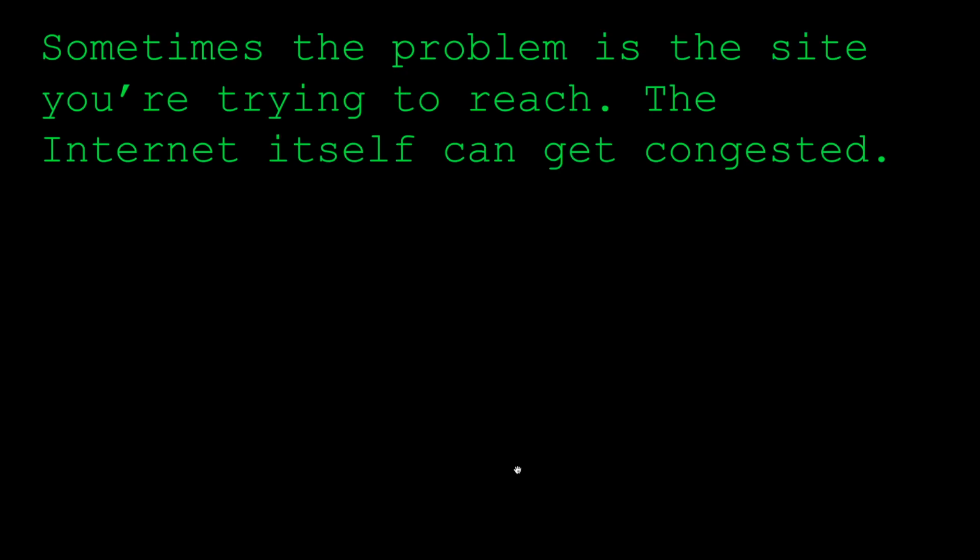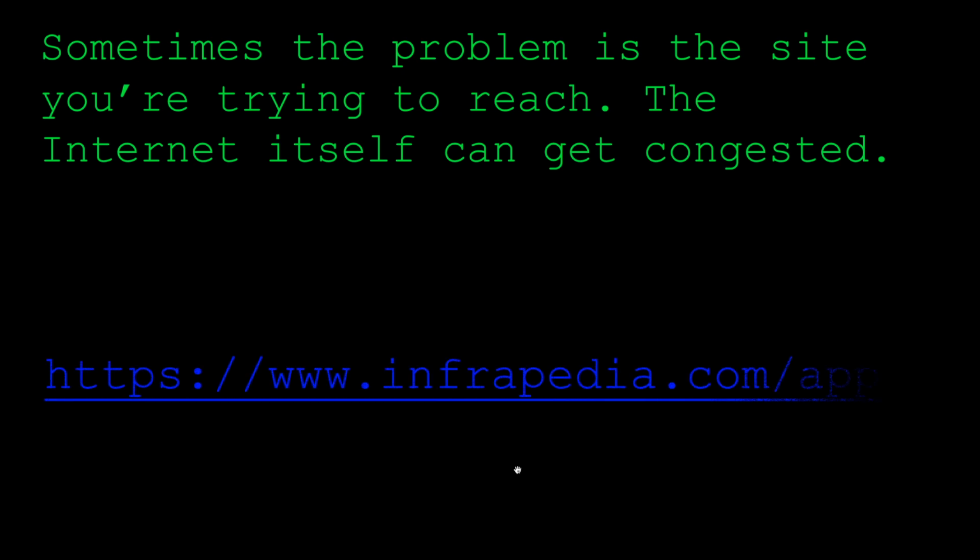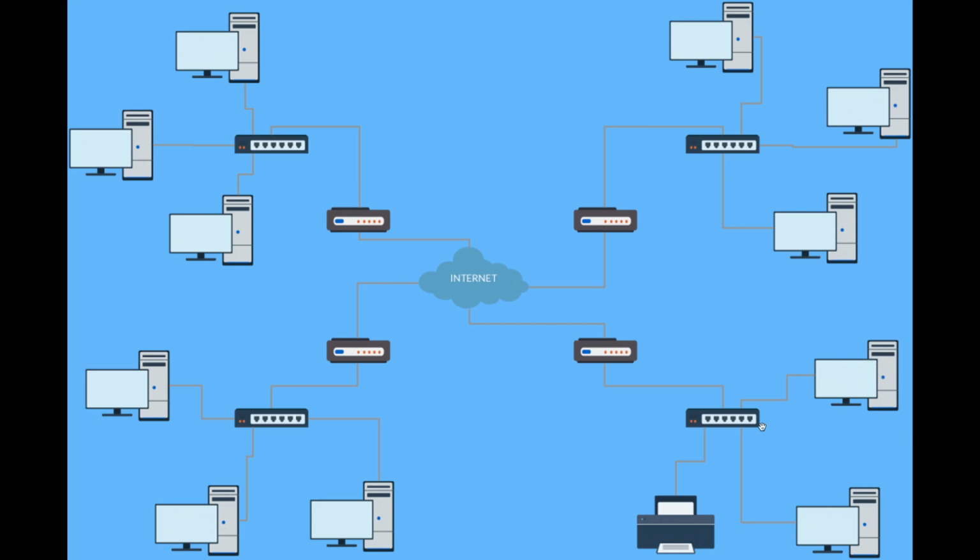I think I've got another picture I want to show you here too. Yeah, sometimes the problem might be that the site you're trying to connect to itself is having a problem. Like in this picture back here, maybe the website you're trying to connect to, Netflix is more complicated than this, but you could imagine ultimately Netflix is on a variety of connected machines, right? But maybe the problem is on that side, or some news website that you're connected to. Yes, it's possible. Even Google and companies like that have network problems themselves.